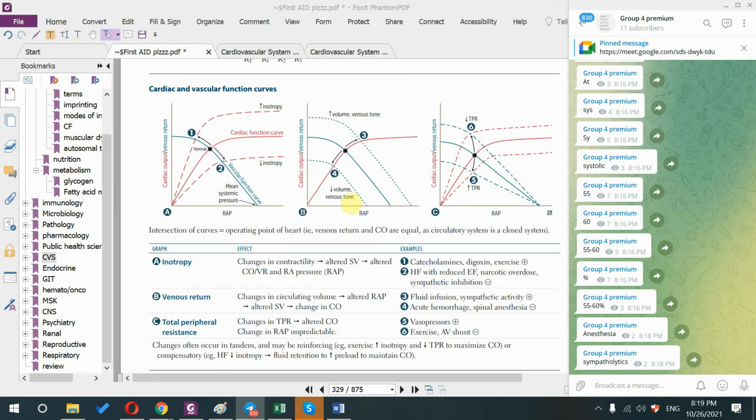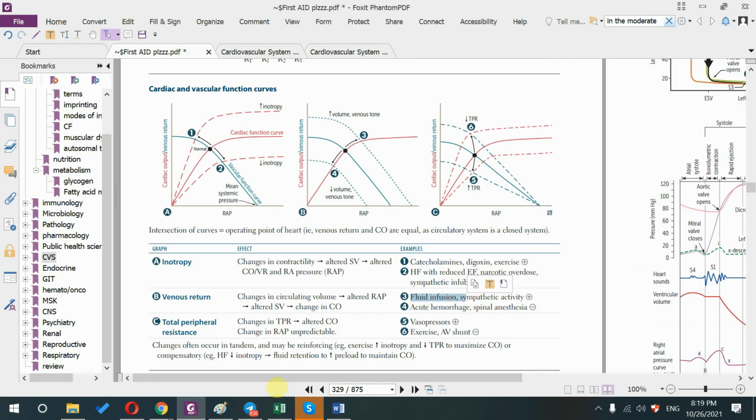The second graph is about venous return mainly. So let's see what it speaks about. We have changes in the circulating volume that will lead to changes on the graph, altered right atrial pressure, altered stroke volume, and change in the cardiac output. So let's try to understand this together. The first thing: if you have a fluid infusion, someone got an infusion of normal saline, okay? If you get a lot of normal saline,